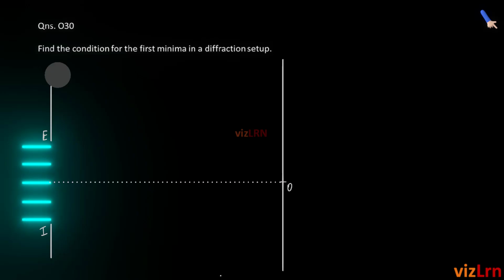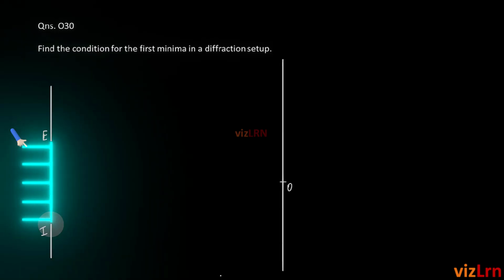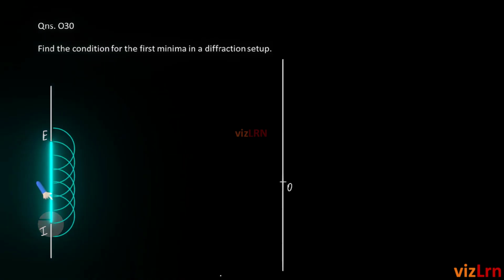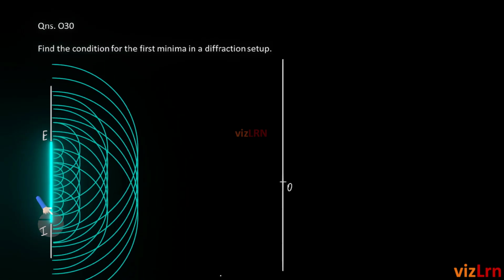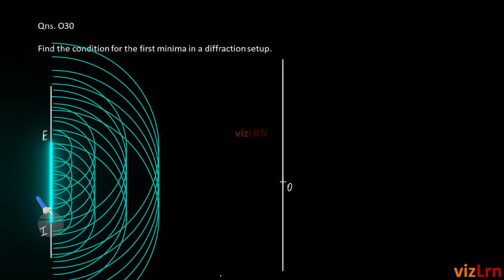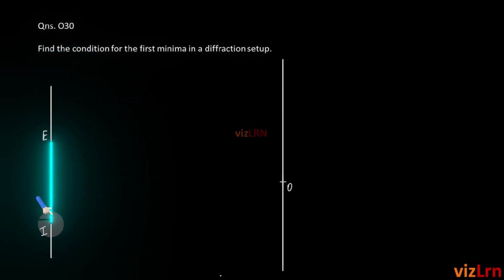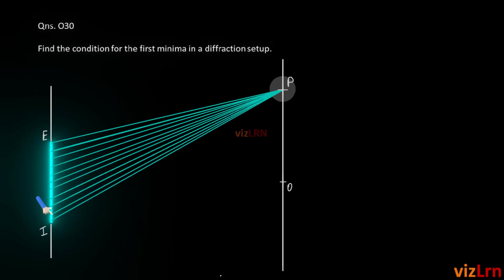Okay, so in the question here, let us understand the condition for the first minima in a diffraction pattern. So let us take EI as the slit on which a monochromatic light from a distant source is incident. Now as per Huygens principle, each point on the wavefront at EI then becomes a source of secondary wavelets. So if we take a point P on the screen, then rays will reach at P from all these point